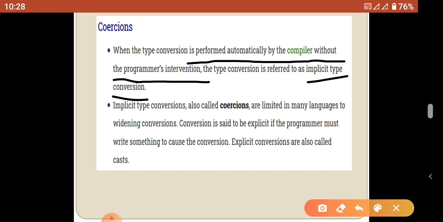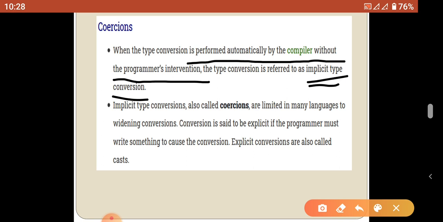So this kind of type conversion is called coercion. This is also one of the important two-mark questions. So coercion is a type conversion performed automatically by the compiler without the programmer's intervention and without any data loss. This is also called implicit type conversion, because it is performed by the compiler, not by the programmer.